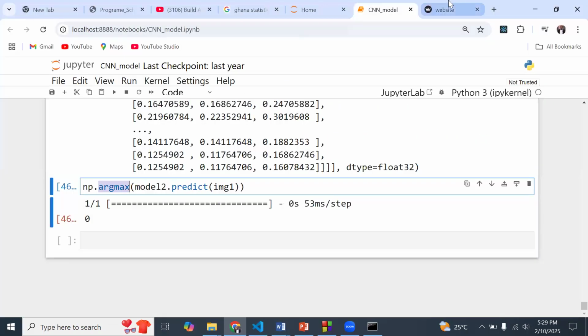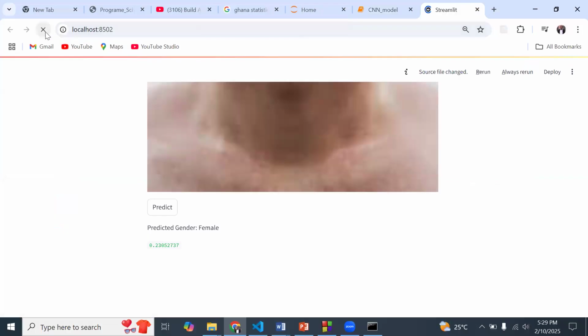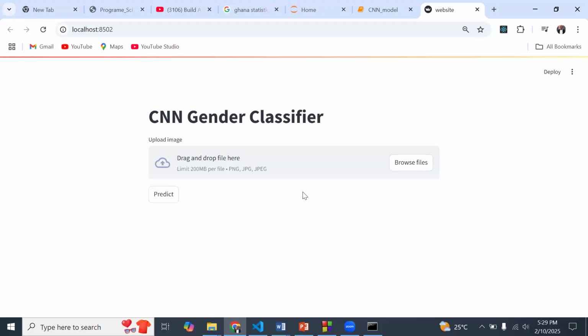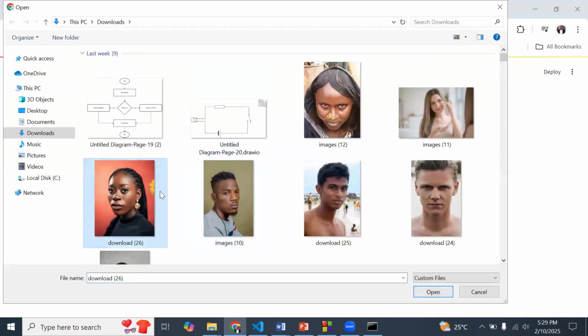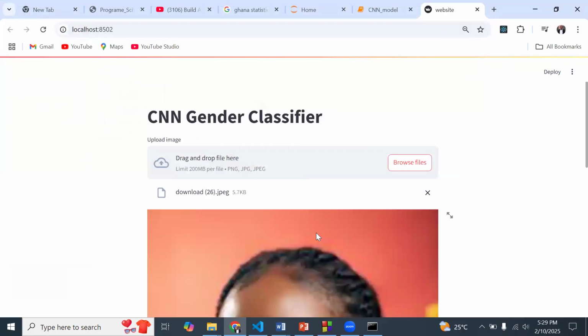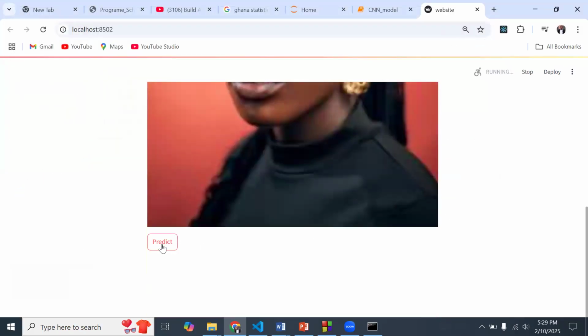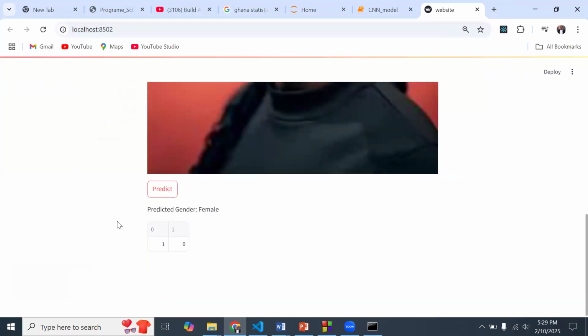Let's see how this one will also turn out. So let me do a refresh over here and then bring in the same images we are trying to do some predictions of. The first one was giving us a very good female. This one too, let's see. So I run this and then I'm getting a female. But clearly you can see that with the values I have over here, it says that the 0 class is the 1 over here, and the 1 class is 0. So definitely it's predicted a female over here.